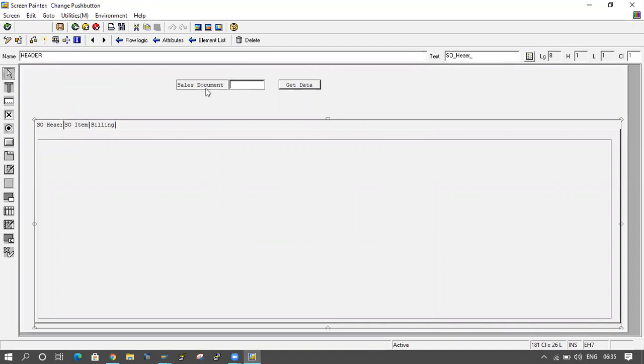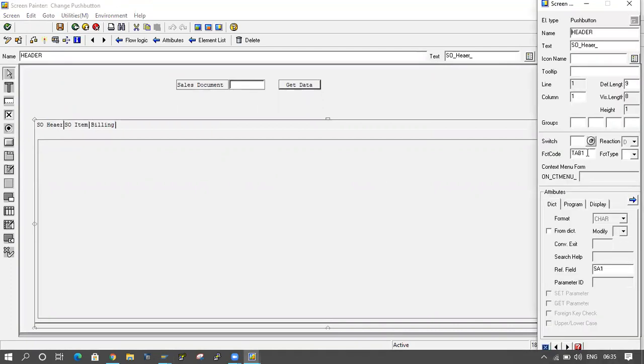For the SO header, what function code have you given? You have given tab one as the function code, but the name you have given as header. For the SO item, the function code is tab two, and the name is item. For billing, the function code is tab three, and the name is bill, right?